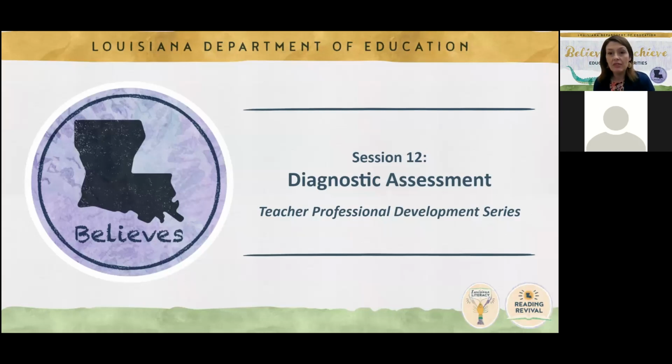Today we're going to do session 12, and our focus today will be on diagnostic assessment. When it comes to reading and to a progression towards reading for students, we have to have a very clear sense of where they're at. And that is where assessment comes in. There are many different varieties of assessment that we can utilize, and we're going to talk through those, why we might use some at certain points and others at other points, and the role of all these different types of assessment in our instructional practice. So hopefully you'll find this one valuable. And then at the end, we'll talk through what's coming next from the Literacy Division of the Louisiana Department of